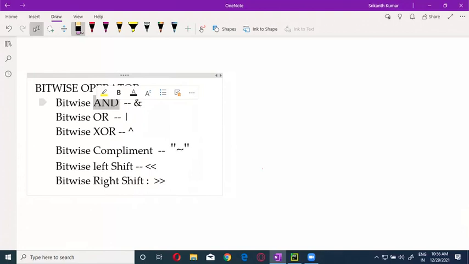Logical AND, we have seen it, right? It takes the output of the conditional statements and applies AND or OR on that. If all are true, then only you will get true, otherwise you will get false. In all the other cases, in this case, we are not going to use